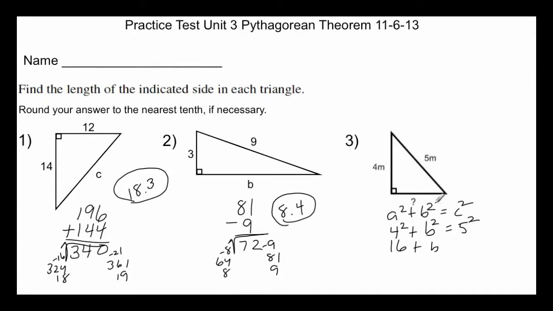And this is why we subtract when we only know one leg, because I have to get rid of the 16, so I do a negative 16, which is like subtracting. Okay? So if you do the shortcuts, make sure you understand it, or else you need to use the actual theorem itself. So they would cancel. So I'd have b squared equals 9, and I need to find the square root of each, so I cancel out that square. So b equals the square root of 9, which we know is 3. So we call these three numbers, 3, 4, and 5, a Pythagorean triple because they are whole numbers and they